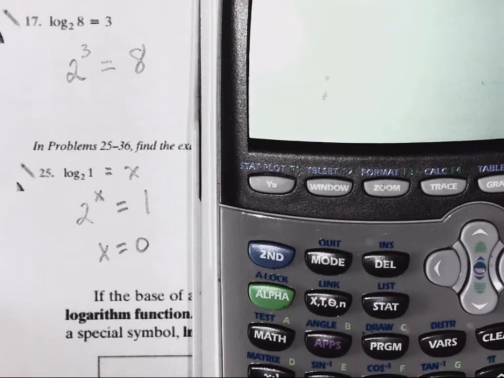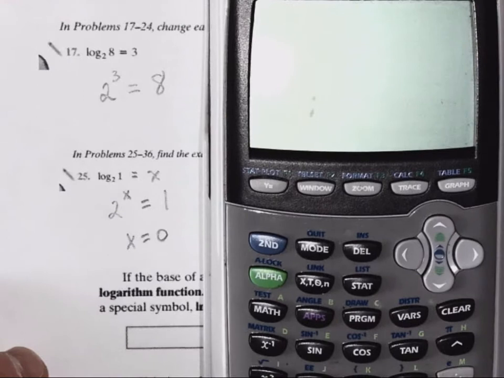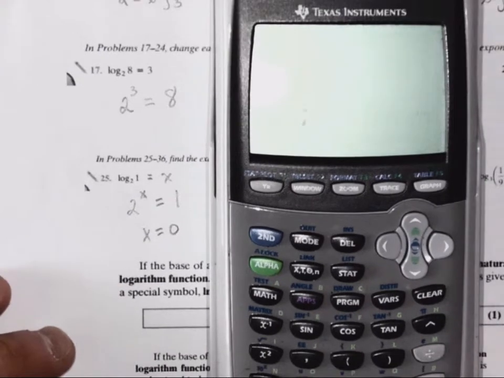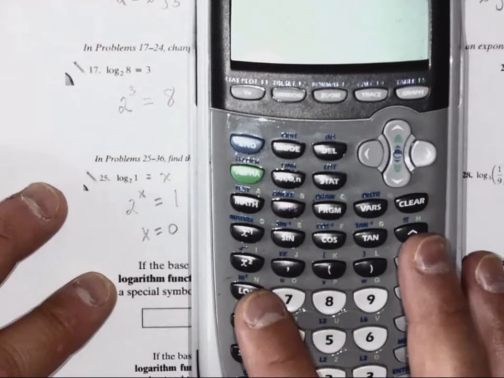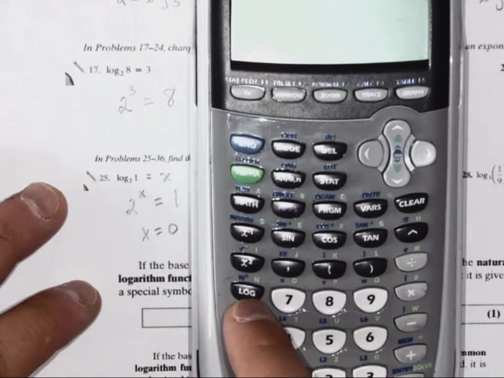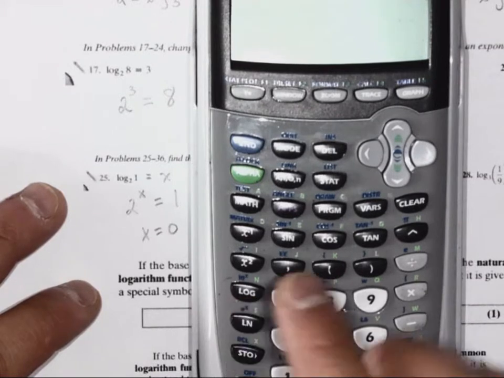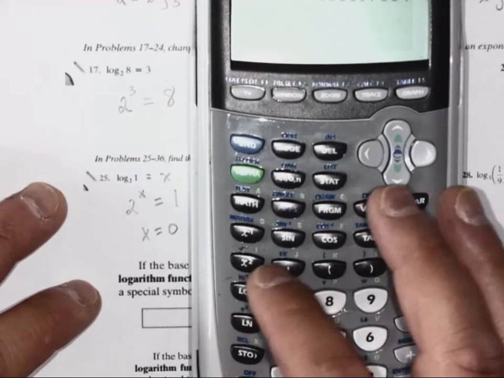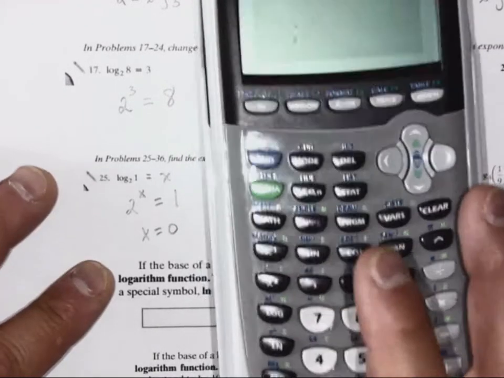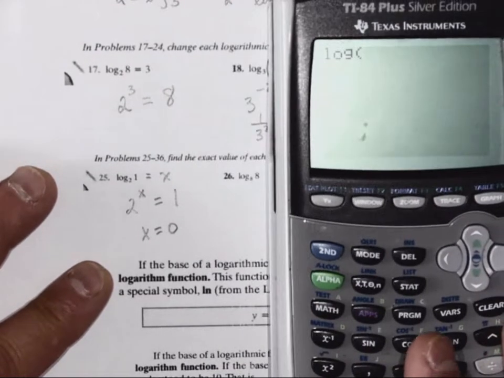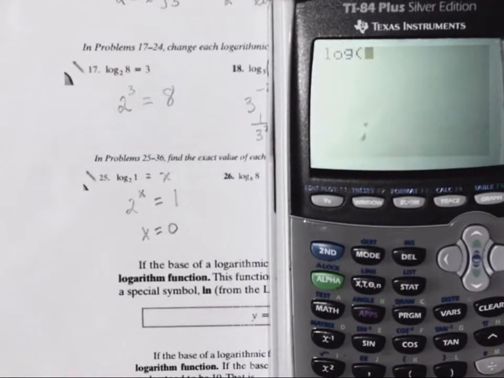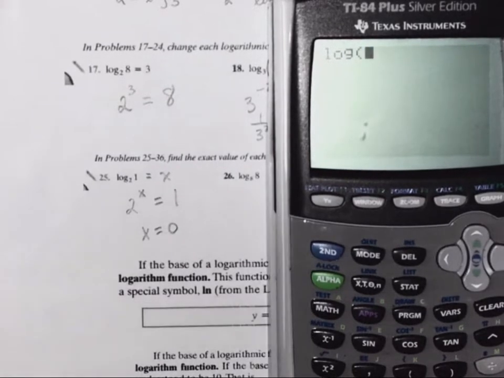So let me zoom out some. So you have a log button here on the calculator. It's right below x squared. So there's the log button. So if we click on the log button, it will do common log, which is base 10. Okay, and so